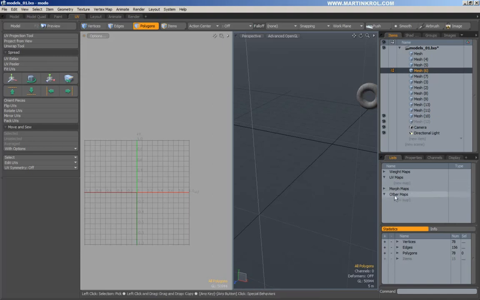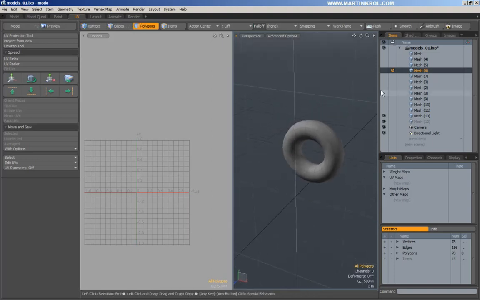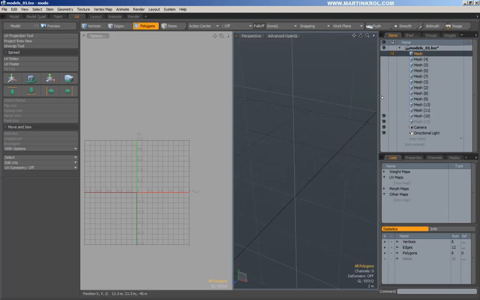Sometimes in other maps you might get a surface normal map. Usually I keep these things deleted because they don't end up looking very nice in Modo, especially if you end up making drastic changes to the models. Your normals end up being somewhat affected and not looking very nice. So oftentimes I just delete my surface normal maps. Most often I just leave UV maps, and I usually don't do my morph target work within Modo. Anyways,